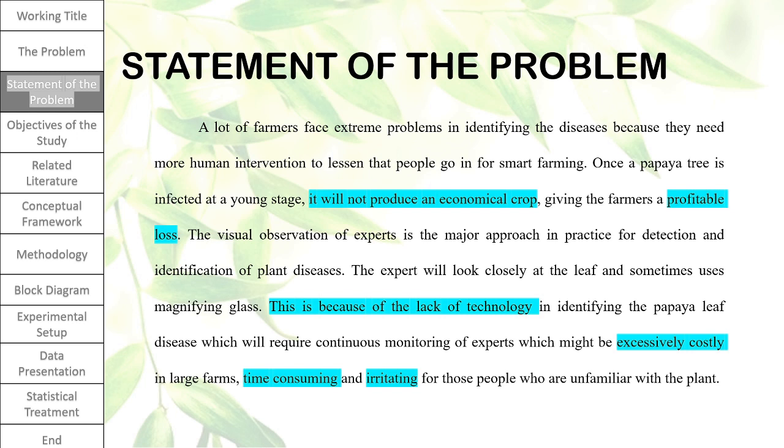The visual observation of experts is the major approach in practice for detection and identification of plant diseases. The expert will look closely at the leaf and sometimes use a magnifying glass. This is because of the lack of technology in identifying the papaya leaf disease, which will require continuous monitoring of experts, which might be excessively costly in large farms, time-consuming, and irritating for those people who are unfamiliar with the plant. For the objectives of this study,